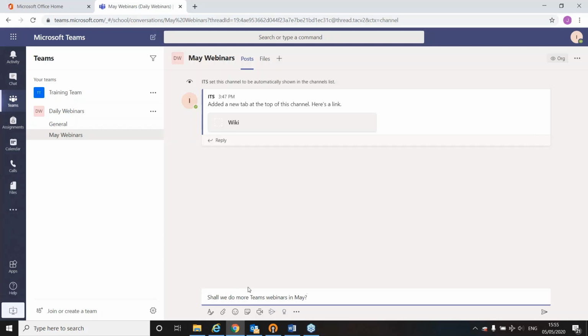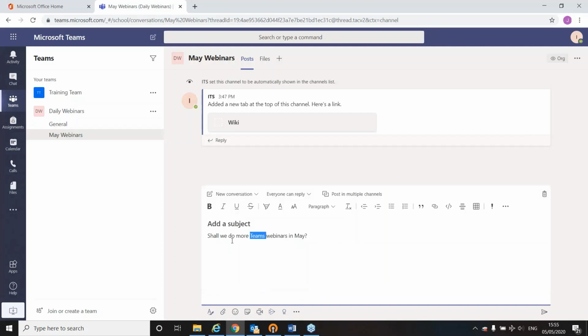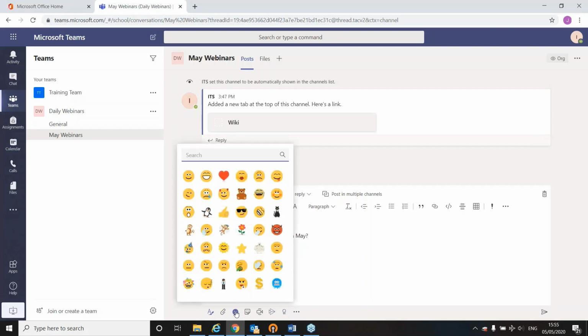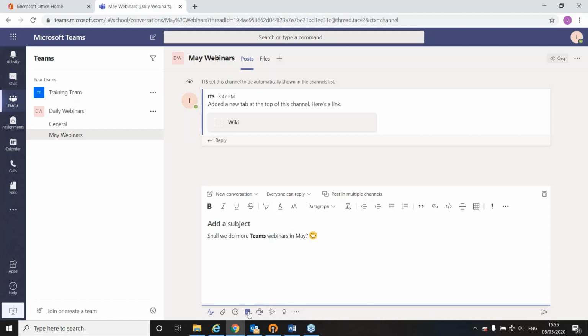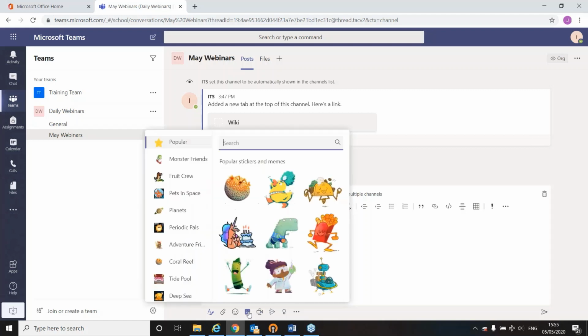As this is Microsoft, you can always highlight some text and use the icons underneath to apply some formatting, basic formatting that you're likely to see. You can attach files that we'll come back to later. You can also attach emojis, quite a lot of emoji faces. Stickers that you can put in. These are a little bit bigger, so if it's somebody's birthday, you might want to attach